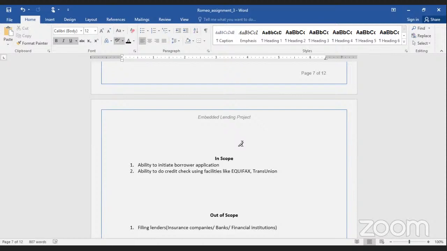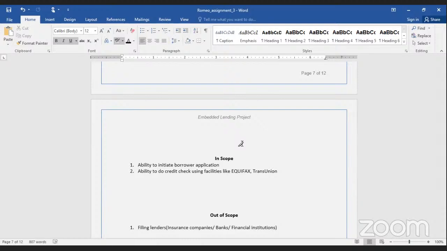It should have the ability to do a credit check of the person asking for a loan. I mean, the borrower: the system should do a background check on the borrower, using credit bureaus like Equifax, TransUnion, etc., to check if the borrower is creditworthy.